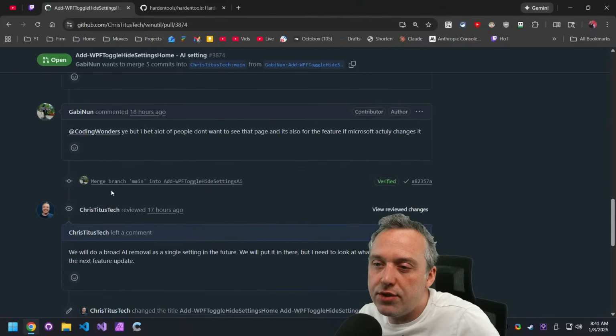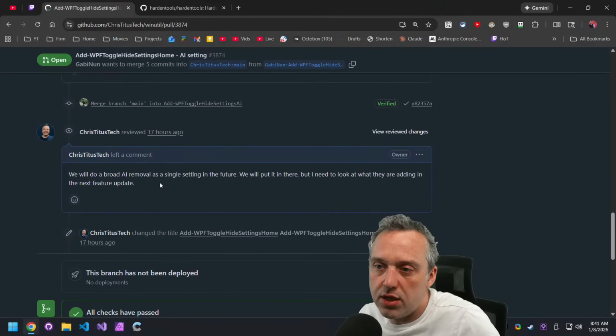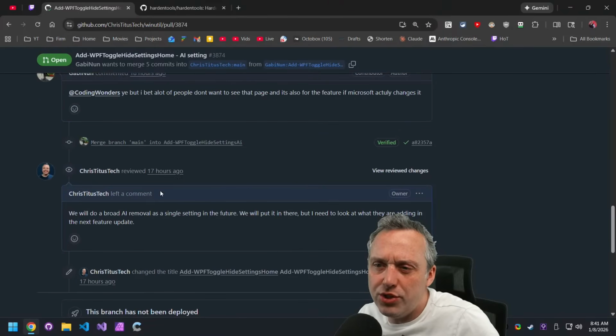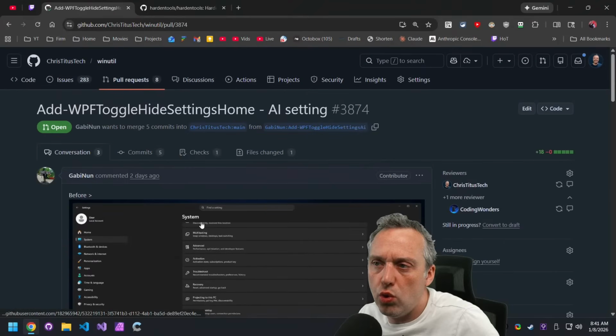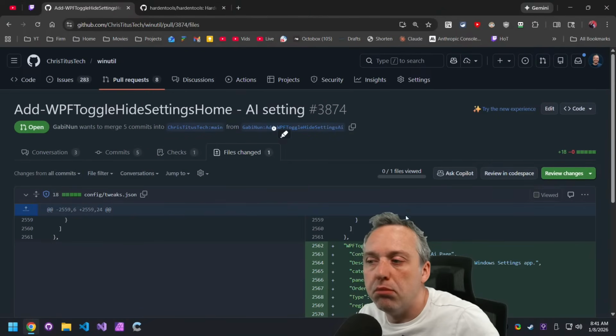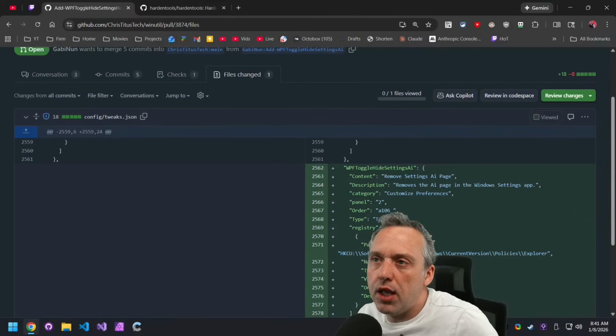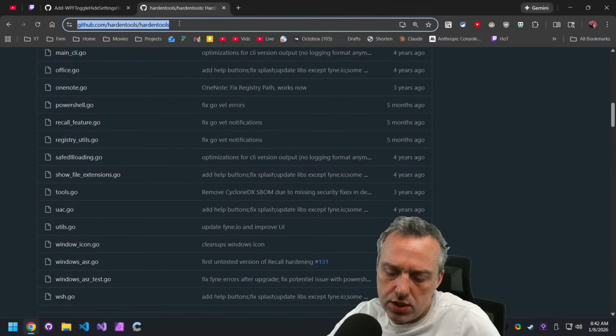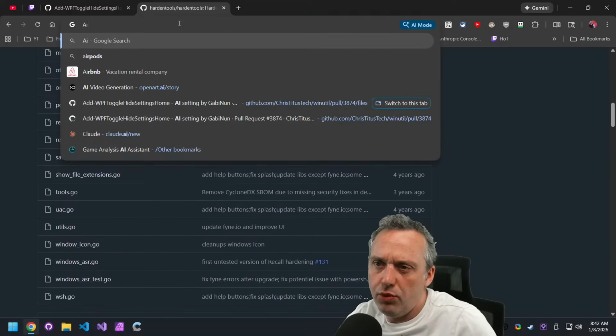This removes the AI settings from the settings menu. This isn't quite deployed yet, and honestly I think we're gonna bundle this up into a full-blown just remove all AI crap button. A lot of people, it's been brought up that they use the AI